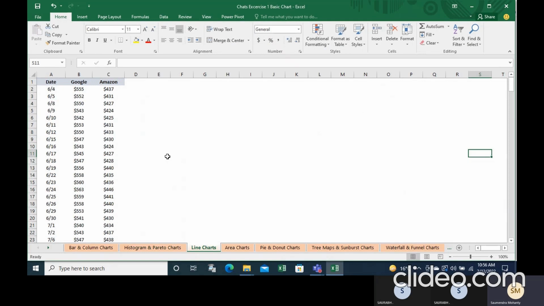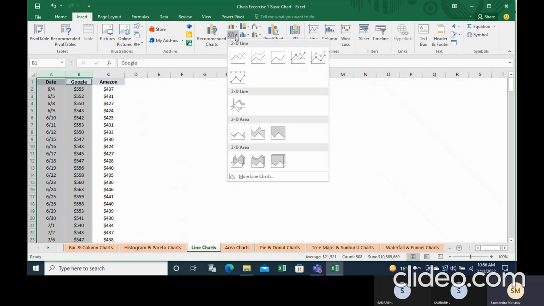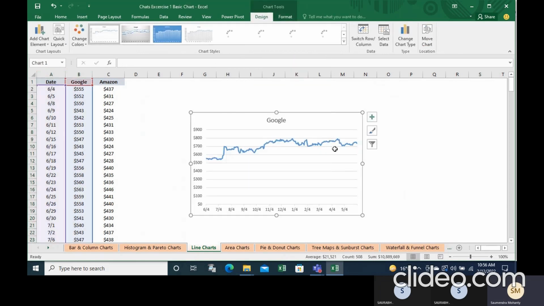You know what a line is. This is a time series. Line charts usually are time series, as we have done in the ARIMA model. So I can just get this and Control-click Google. You can selectively use columns by doing Control and click. And then I just do a line chart, a 2D line chart, and it gives me the